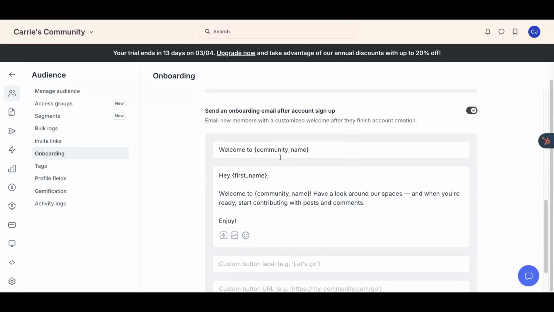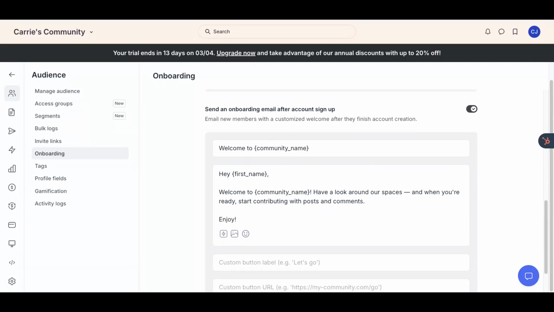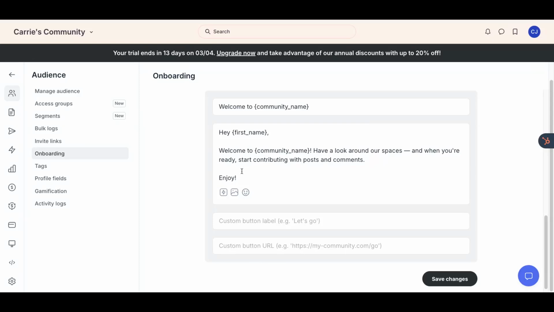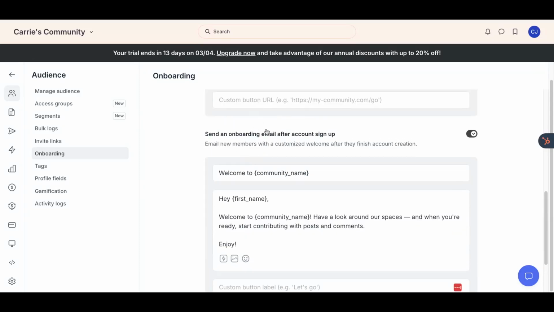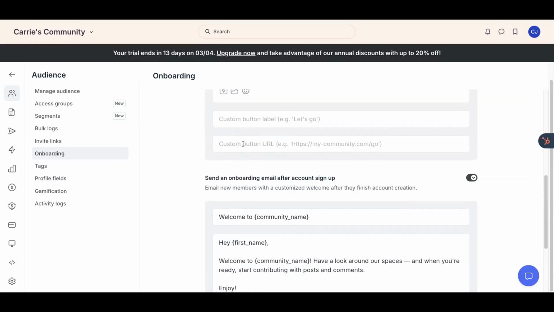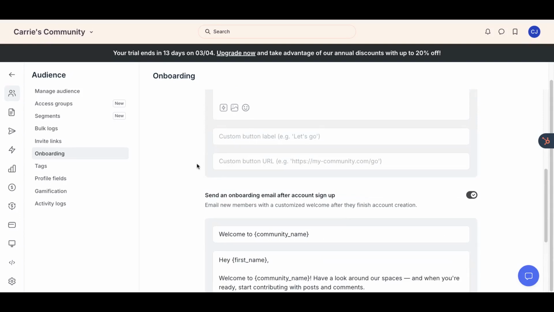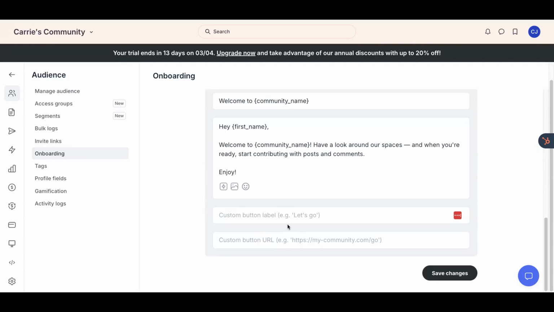So what's really helpful about this is that it's going to send an email to people so that when they come back to their email later, they're reminded, okay, I did just join this community. I forgot that I did that earlier today. And here's the thing I should do. I often recommend repeating the call to action that you put in the onboarding pop-up here, because a lot of people are going to ignore the pop-up call to action. They're just going to be overwhelmed and just want to get through it. And the pop-up often can feel like an intrusion in the experience. And so you're going to usually want to send the exact same call to action here.